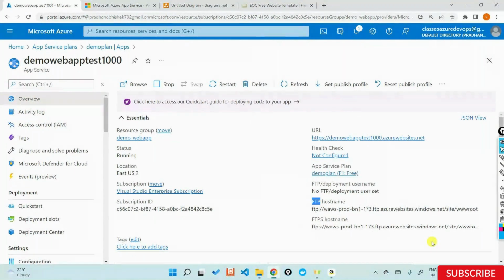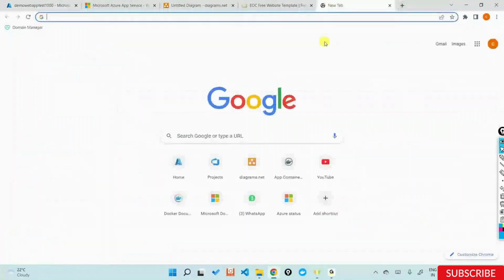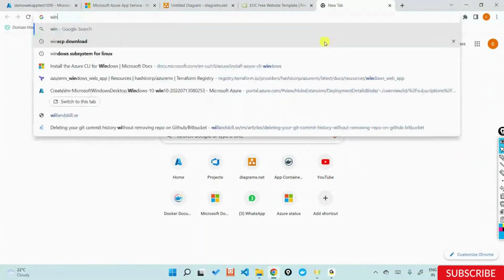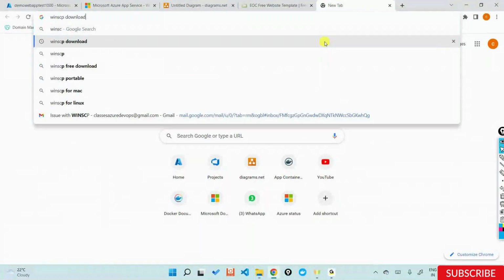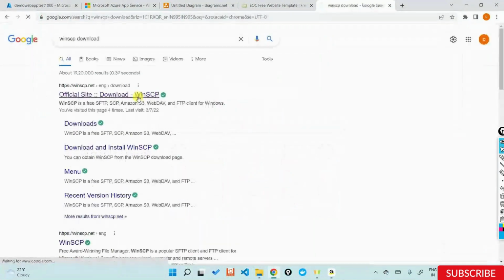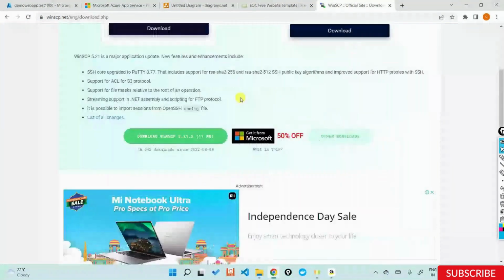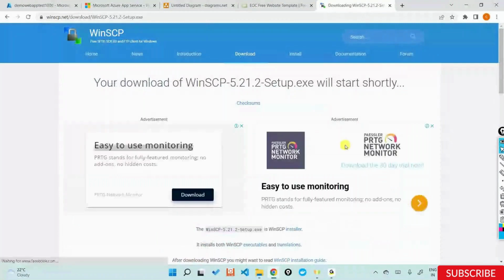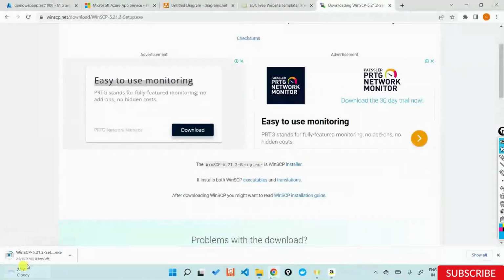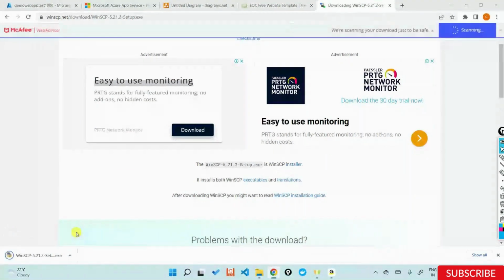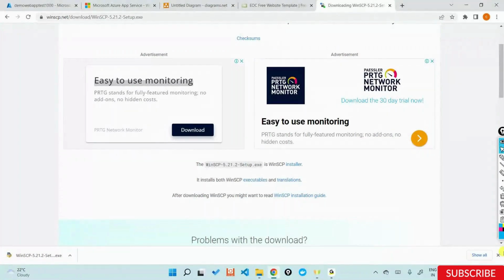You need something called a File Transfer Protocol client. There are a lot of softwares available out there in the market, but one thing that you can trust, one thing that you can download for free, is WinSCP. This is the official website to download WinSCP, which is a file transfer protocol mechanism. Just go here, click on download WinSCP. It'll take some time and download the installer. Again, a very simple installation procedure. Just double click on this, say next, and get this installed. It'll take a minute for this one to be installed, and once installed,